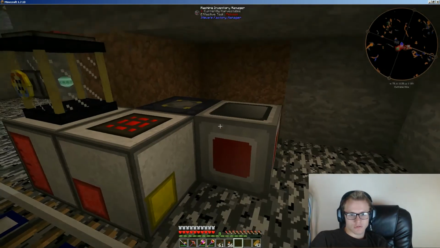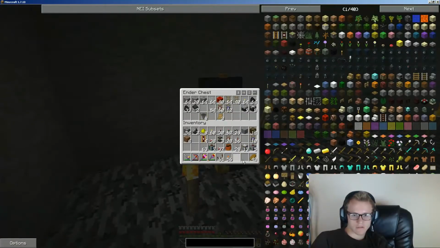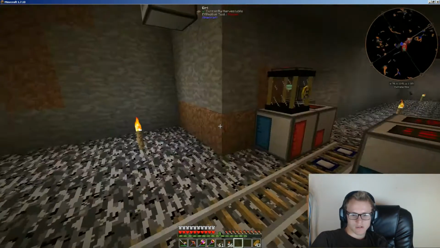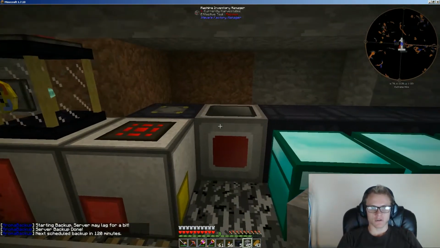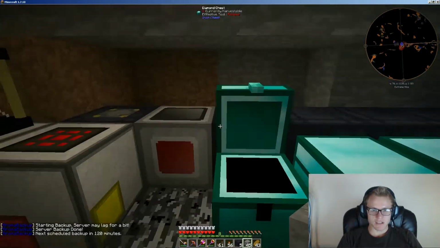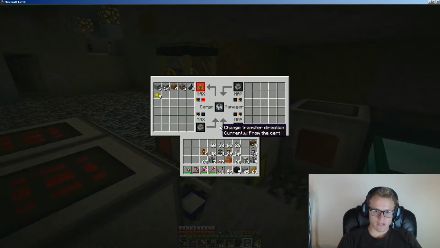So what we'll do is we'll have it just get thrown straight into a chest, and I don't think I have any chests on me, so I'll be right back. Alrighty, you guys, we are back. So as I was saying, the inventory manager. I went ahead and set up a few diamond chests, and I've got an input simulating. So we'll create a trigger here, and actually there's a setting I want to